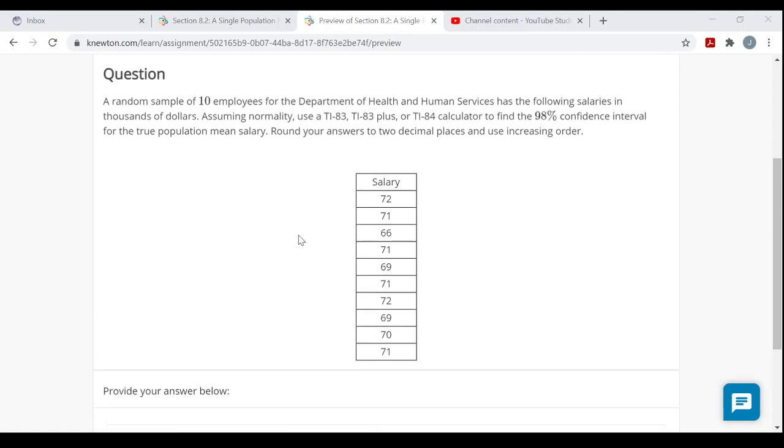All right, so this time we're not given a sample mean. We're not given x bar. We're not given the sample standard deviation, s. The only things we know are n, the 10, and the actual values of the sample. Now you could add them up and divide by 10. There's your sample mean. Then subtract the sample mean from all these to get the deviations, square all those, add all those squared deviations up, then divide by 9, n minus 1, and take the square root to get the sample standard deviation. You can do all that, but it'll take forever. What we're going to do here is enter this list. So pull the calculator up,